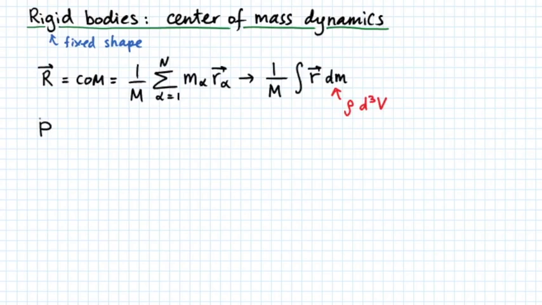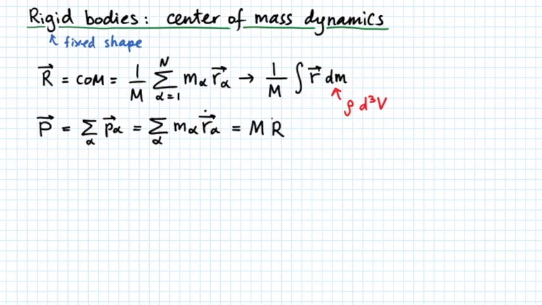For the total momentum of a rigid body, we write that it will be given by the vector sum of individual momenta for each chunk alpha, which is given by the sum of mass alpha times the velocity of the chunk, r alpha dot, which from the above definition is equal to the total mass M times the velocity of the center of mass. If we time differentiate this equation again, we will find that M